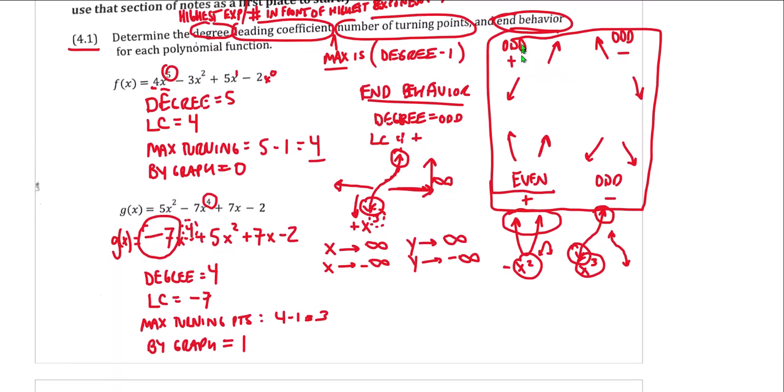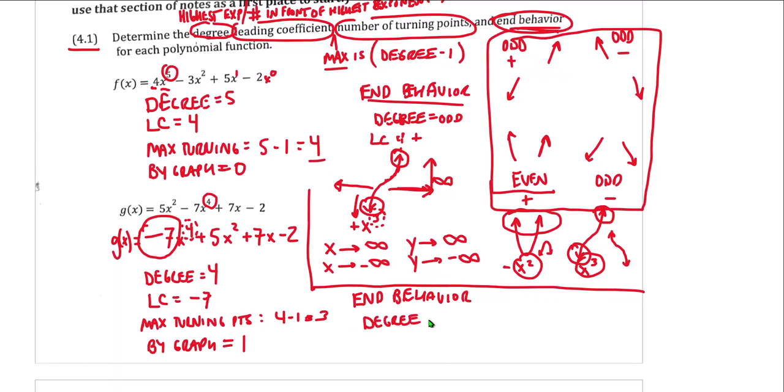In terms of end behavior, the last thing we need to do here, let me make a line here, separate that stuff. End behavior. So remember our degree, let's start there. Our degree is even. So we know we're going to be dealing with something like the x squared situation. That is an even degree function, the quadratic function, and then our leading coefficient here is negative, so we're going to have to flip this upside down,